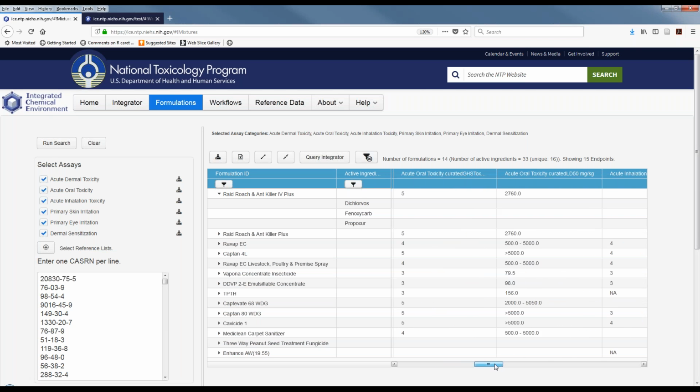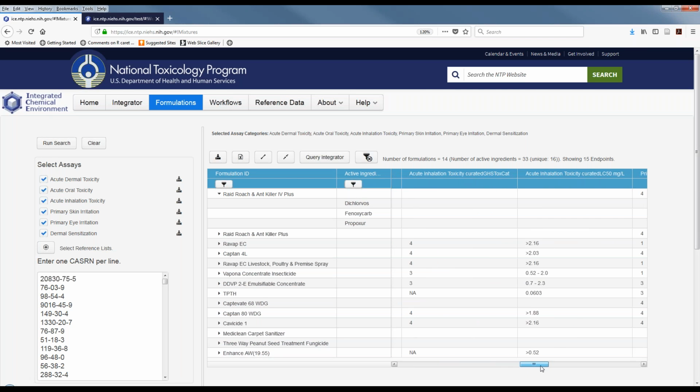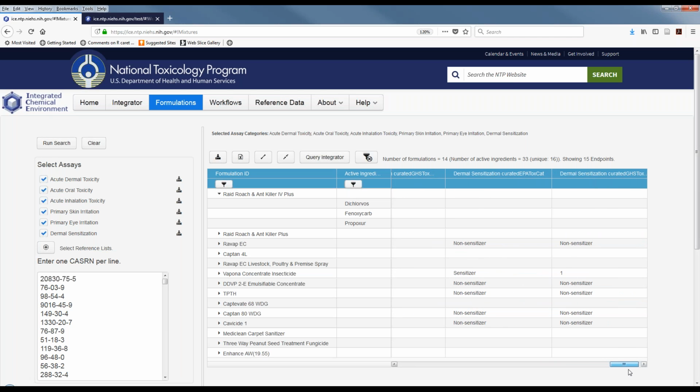Again, this was data obtained in collaboration with EPA of pesticides, and we hope it'll be useful for folks looking at the differences and the different components of that formulation. We hope to expand this and provide better integration between this and the data that comes in the integrator, so that folks can do a few more meaningful analyses and investigations on that.